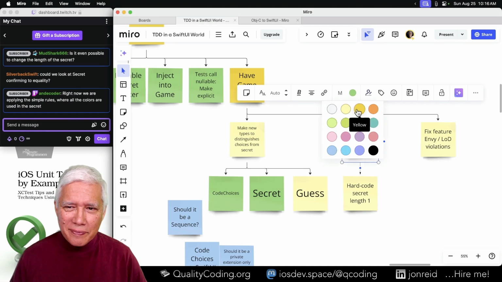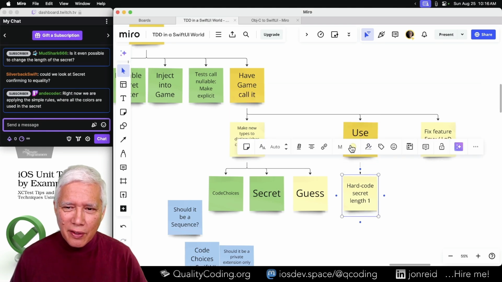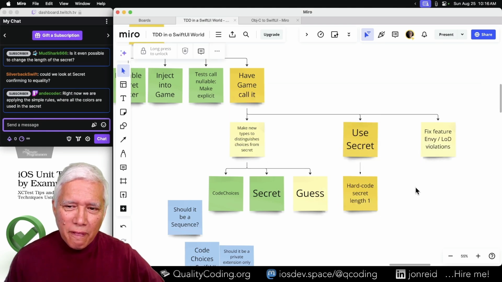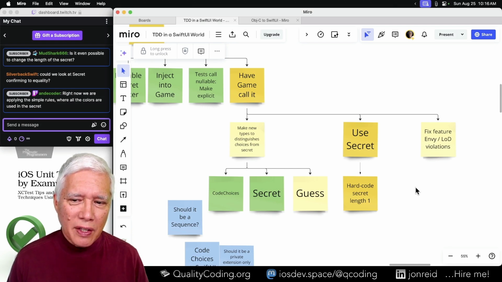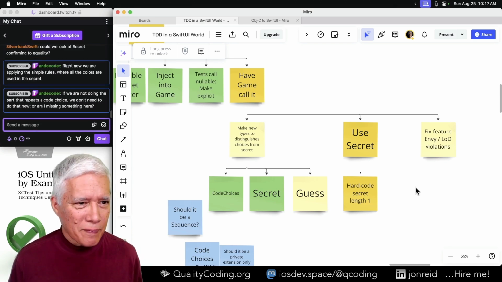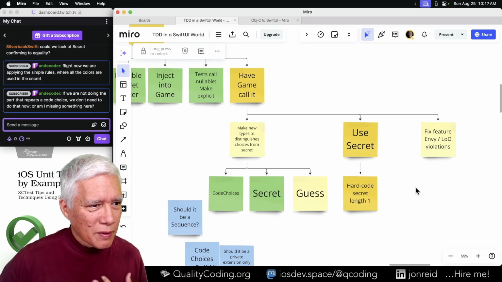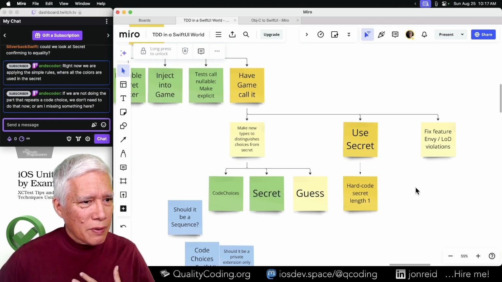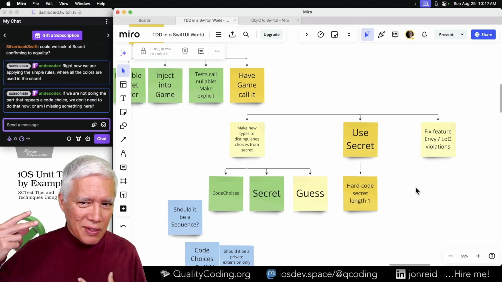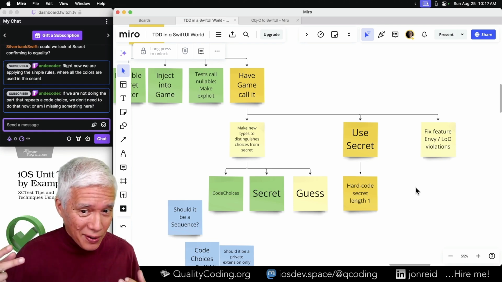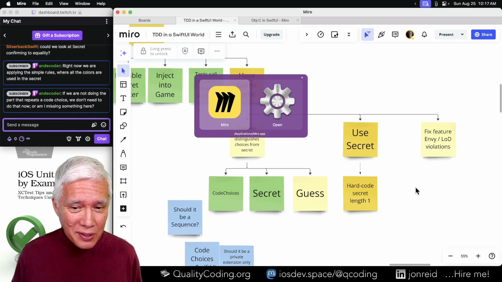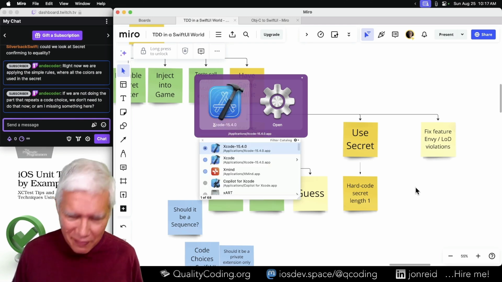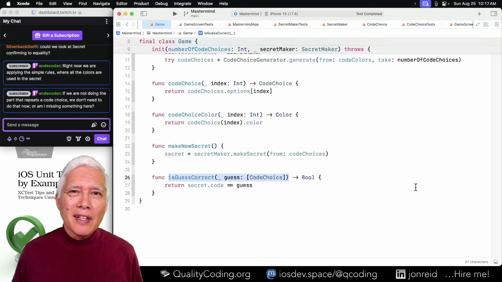Damn. Code and domains are so fascinating. So right now, the thing that's making it hard is I already sort of cooked in, I got ahead of myself, instead of doing